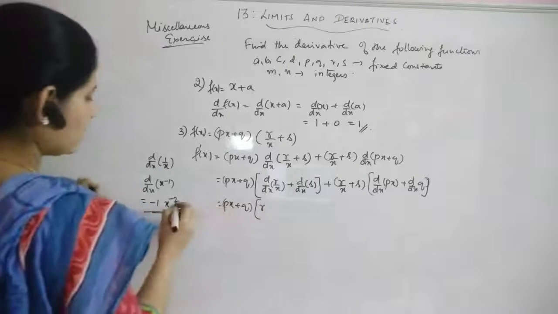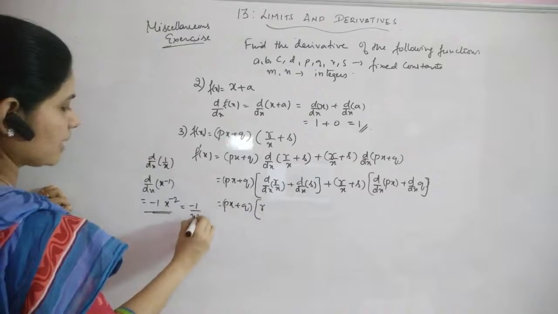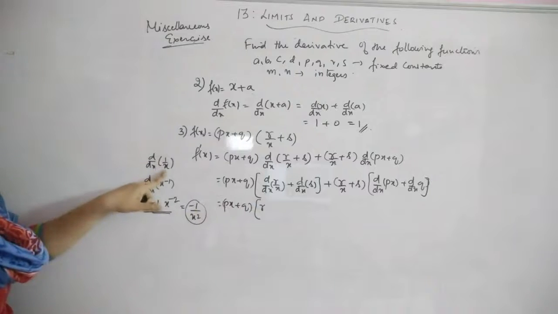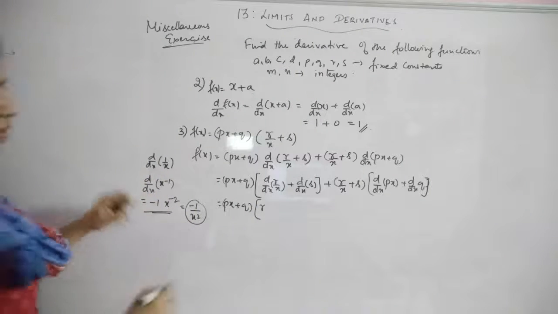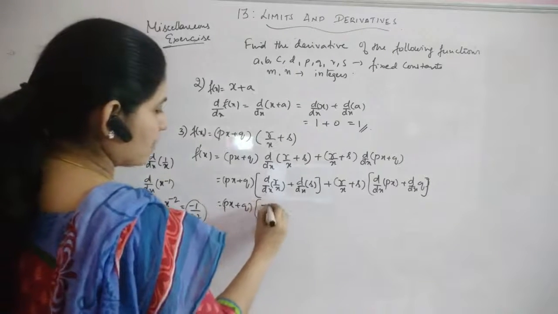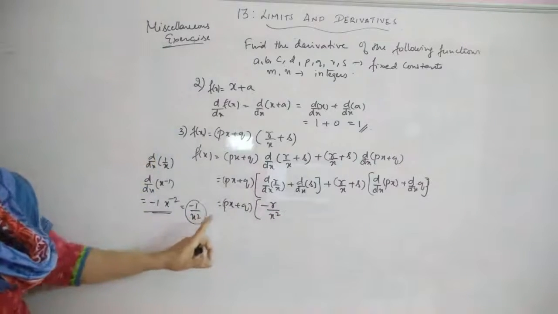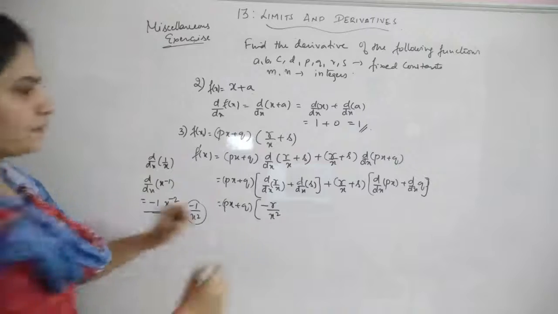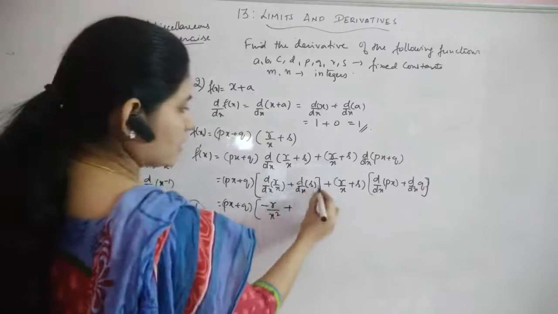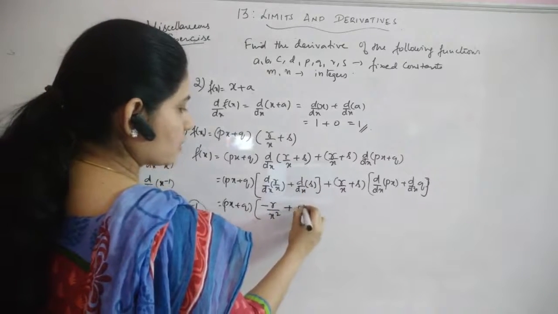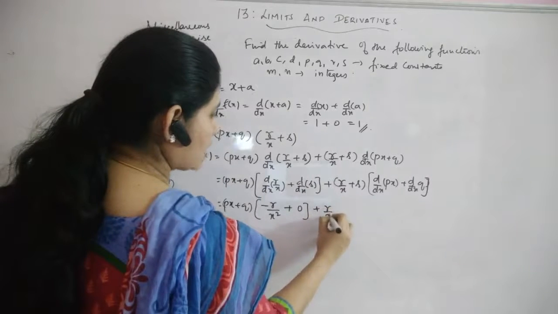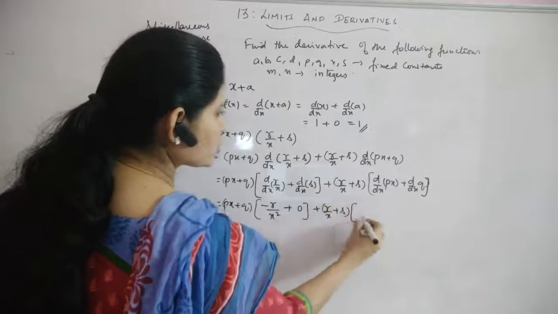So the derivative can be written as minus 1 by x square. The derivative of 1 by x is minus 1 by x square. So here I will get r into minus 1 by x square, so it is minus r by x square, plus the derivative of s is 0,